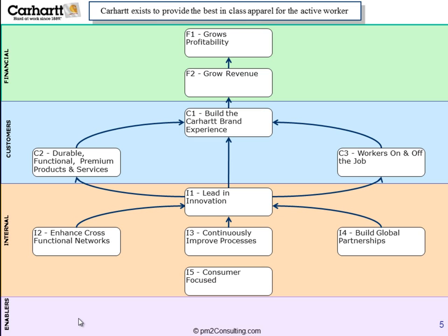How do we do that? Well, we really do need to become more consumer-focused. And if we're more consumer-focused, that will help us understand which are the cross-functional networks that we need to enhance. It'll help us figure out which parts of the organization we need to improve and which global partnerships are going